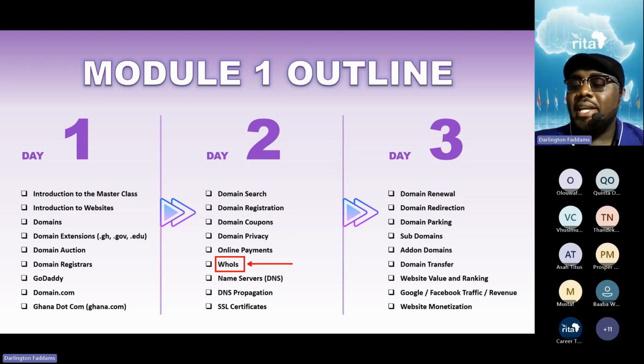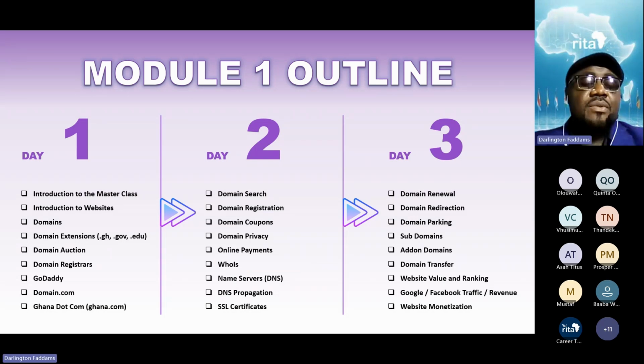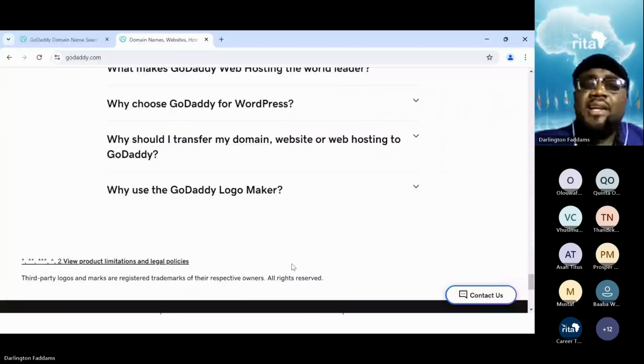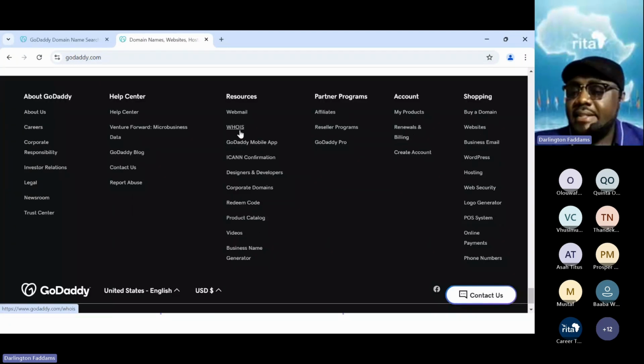That tool is called Who Is. And Who Is is a tool that tells you who is behind the domain name. And so if you visit GoDaddy, you can get Who Is on GoDaddy, or you can get Who Is anywhere else. For example, on GoDaddy, you can see this over here.